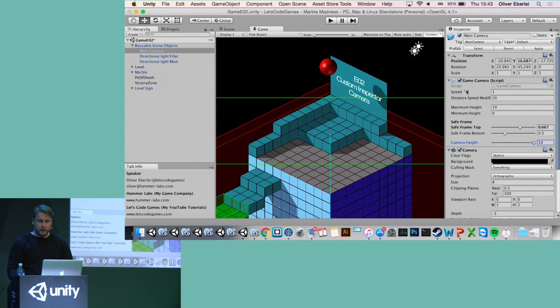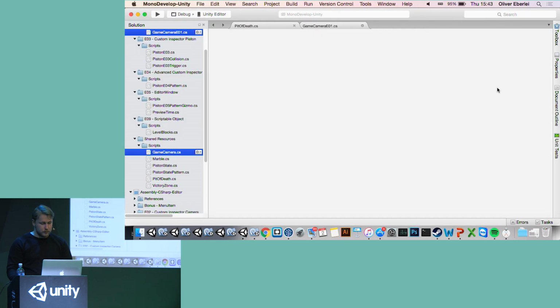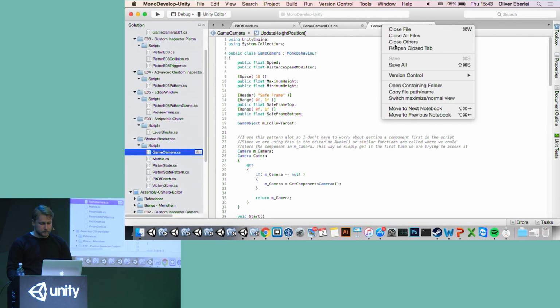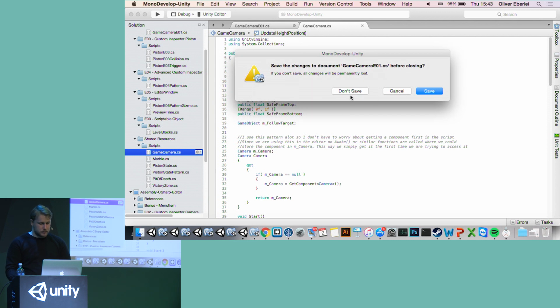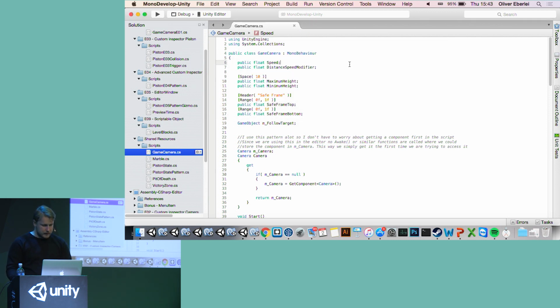And this is all done with a custom inspector here. So let's see how that works. There are 2 different methods actually in use here. So let me go into the game camera first. Unity provides you with a couple of attributes that you can put on your variables, so some of the basic formatting is done without you having to create an extra editor script for it.